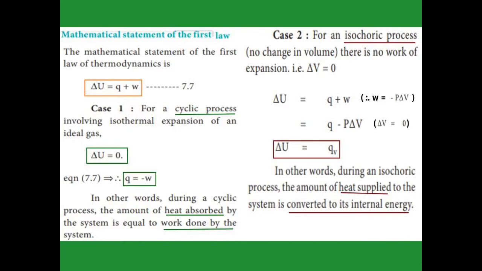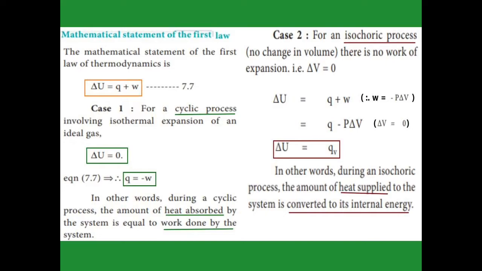Now we are going to see the mathematical statement of the first law. We know very well the mathematical equation for the first law is delta U equals Q plus W. Case 1, in this one we are going to take the cyclic process. Cyclic process means